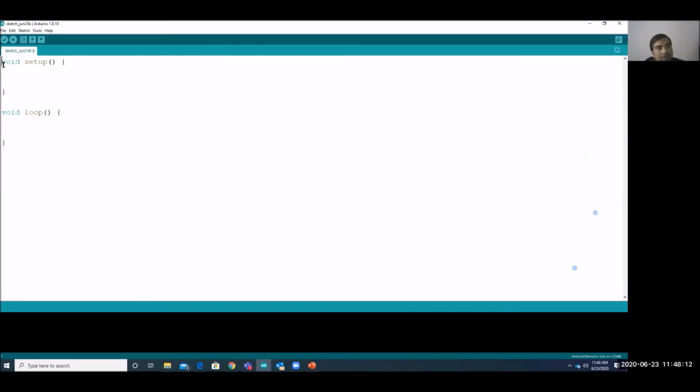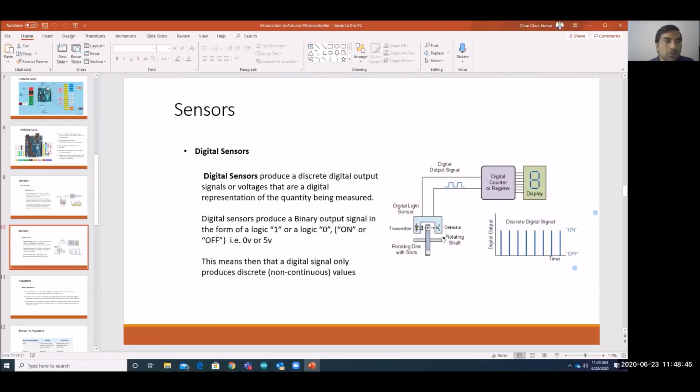Here I will write digital underscore pin directly, with no space. The pin we want to use for the sensor is pin number 2. So where is pin number 2 on the Arduino? Here we have pin number 0, pin number 1, pin number 2.